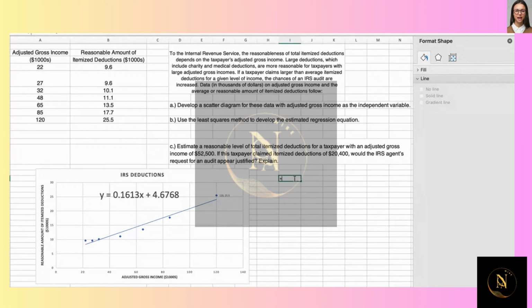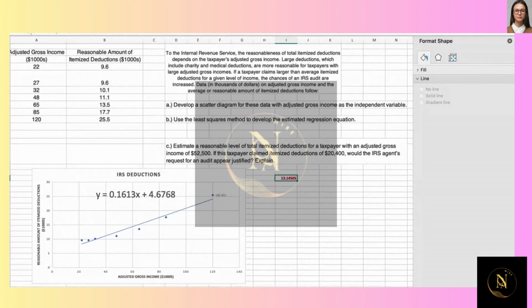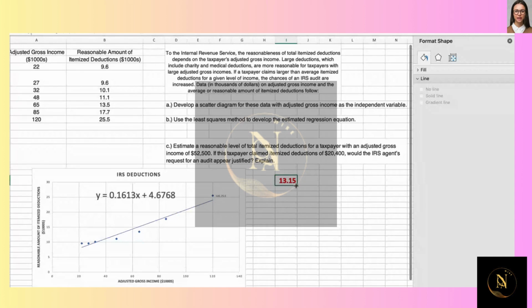So you would do equals 52.5 times, this is the times symbol, 0.1613, and then I'm going to add 4.6768 to that. And my total would be, I'm just going to bold this and put it in red and make it bigger,